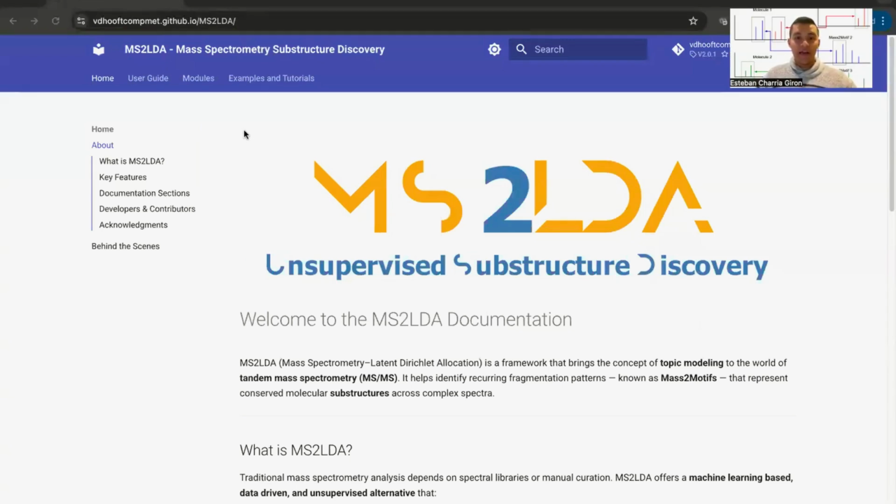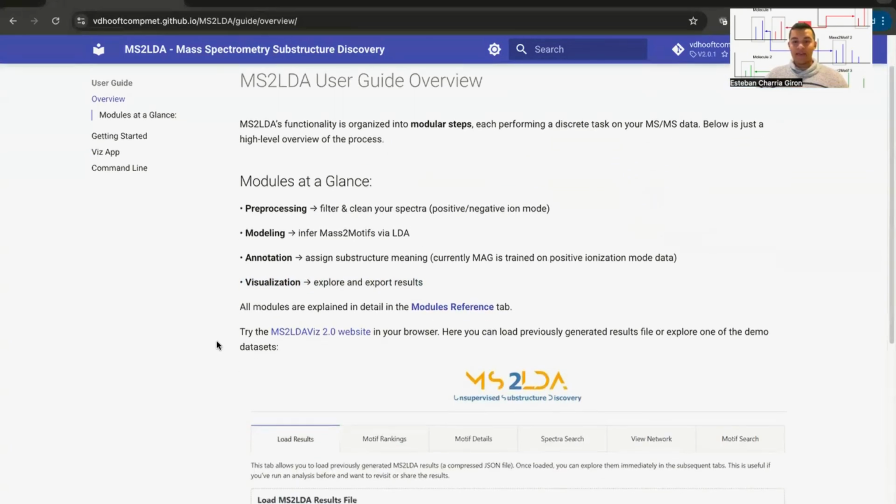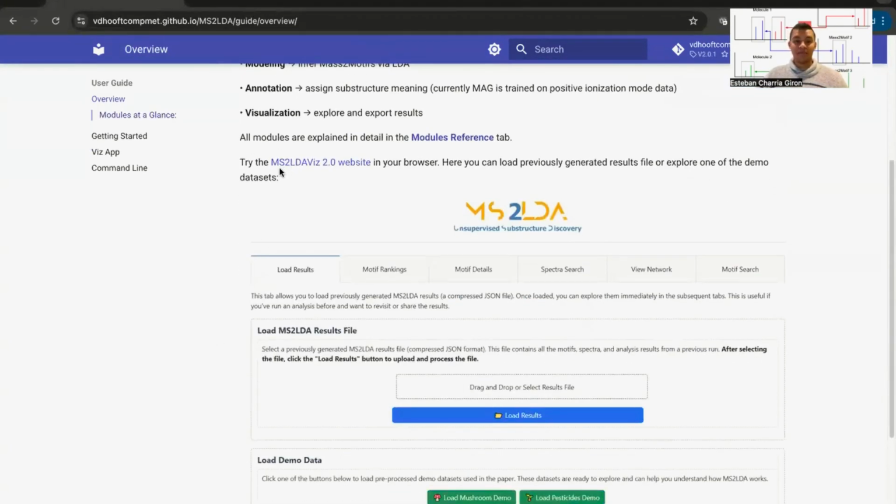So we will start again from the documentation page. And here I will go now to the user guide. Then you see the different steps for processing, modeling, annotation, and visualization. And what we will focus on today is how to visualize and explore our results. So basically, at the bottom of the page, we see that we can try the visualization website directly in the